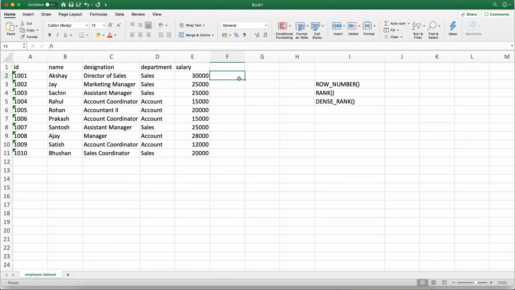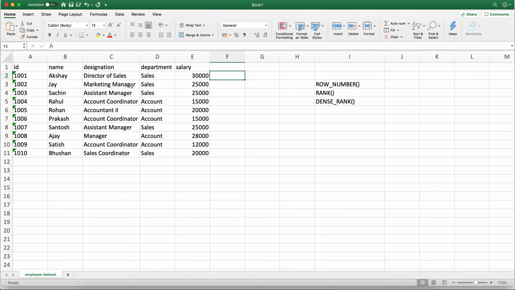We have 10 records here in the Hive table, so it will assign a unique number to each and every row based on your condition.